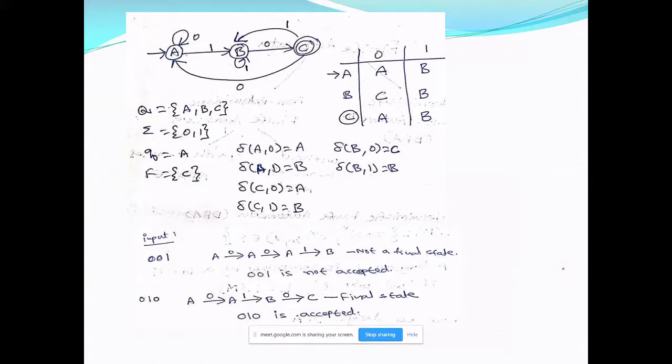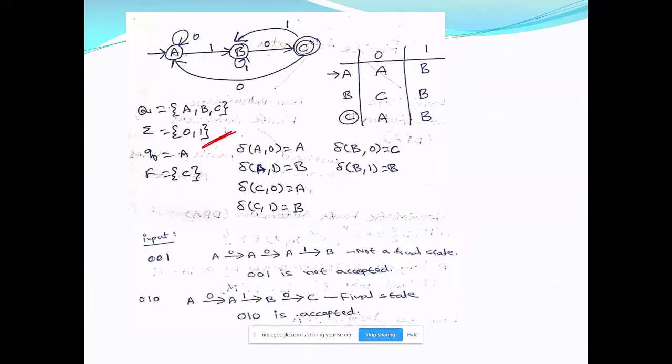So another example for DFA, you can see there are three states A, B, C. Now the initial state is A, and A on 0 is A, on 1 is B. So this is a DFA which will accept the strings ending with 1, 0. So our sigma now is 0, 1. And you can see a set of states, and the initial state is A. The final state is C.